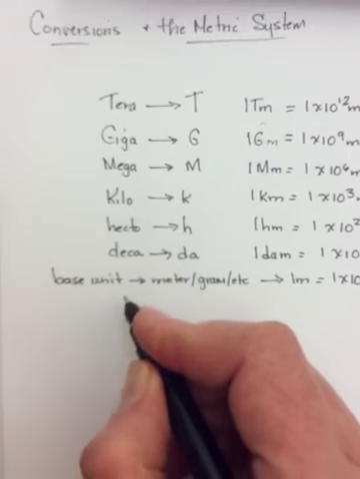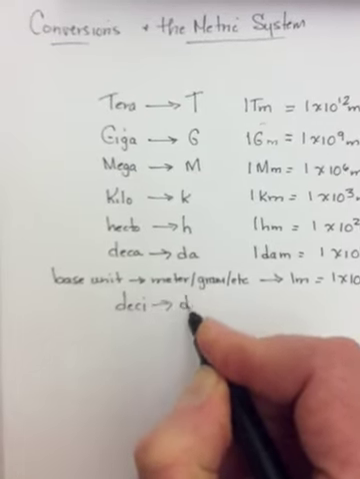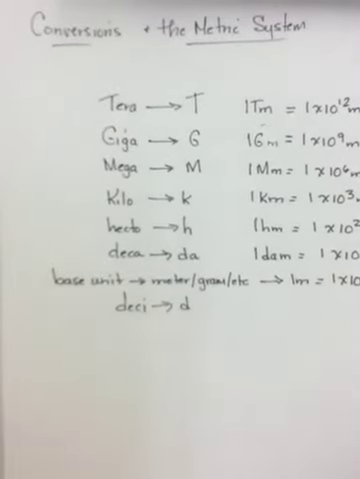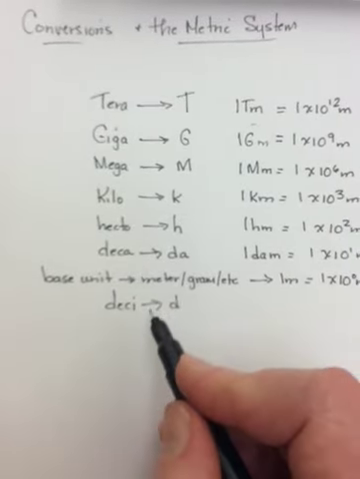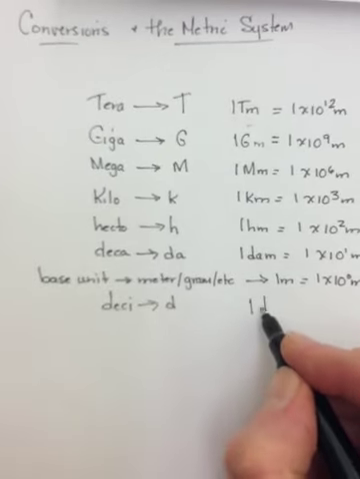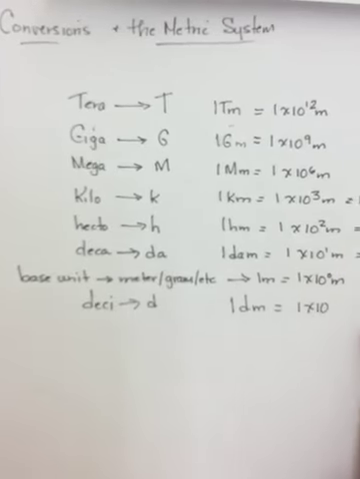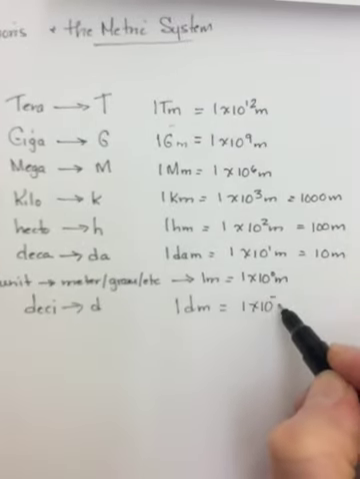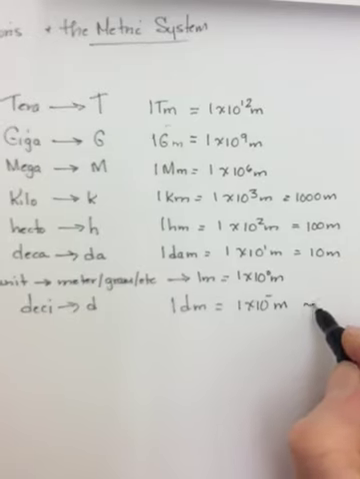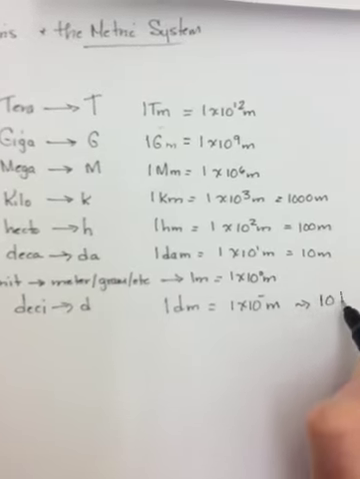And the first step down, smaller than a meter, is a deci. Now, the only place in physics that you'll hear deci is when we do sound. We'll talk about a decibel. A deci is a small d, so 1 decimeter would equal 1 times 10 to the negative 1 meters. Or in other words, there's 10 decimeters